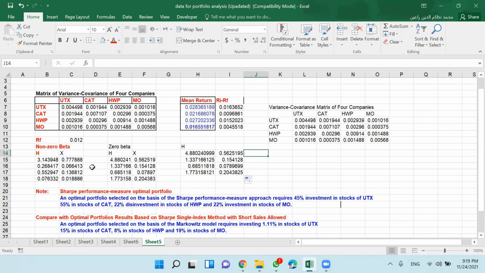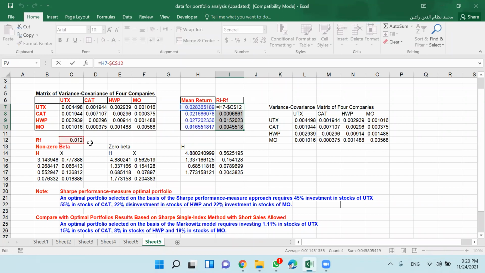Now, for the other solution, what you do is subtract the risk-free rate from each return. Okay, the risk-free rate we have assumed to be 1.2%. After you have subtracted that, then you calculate the H values. H values you are calculating here, right?